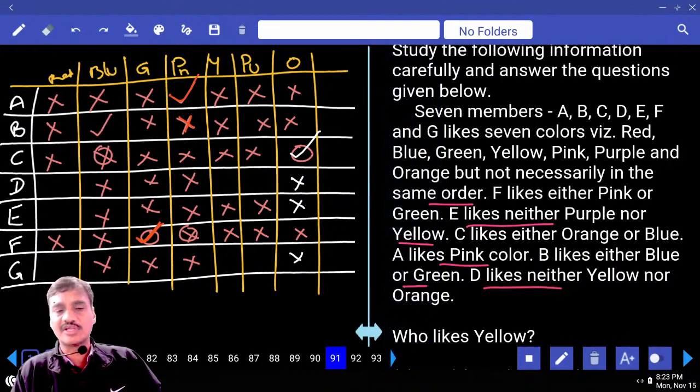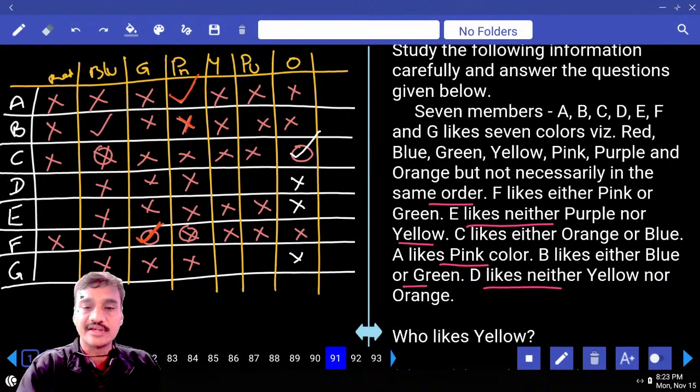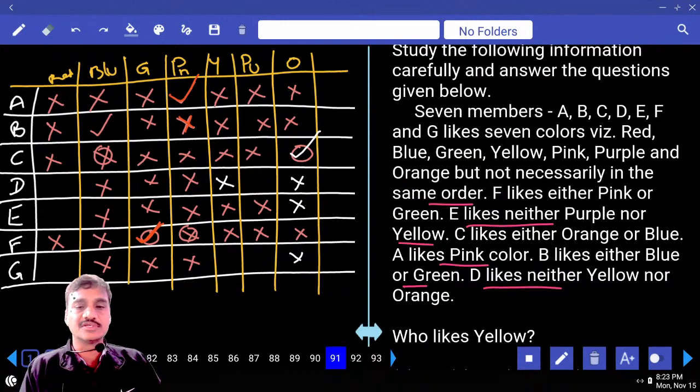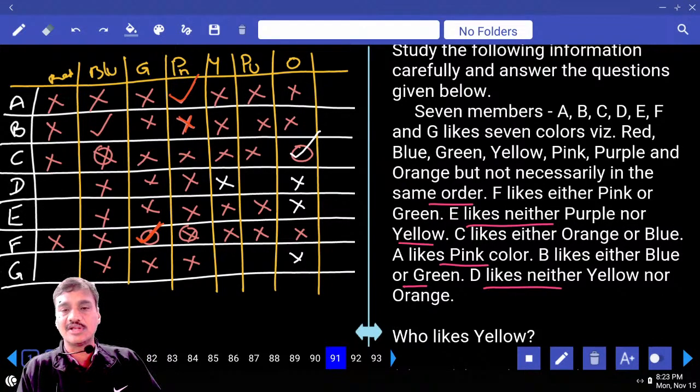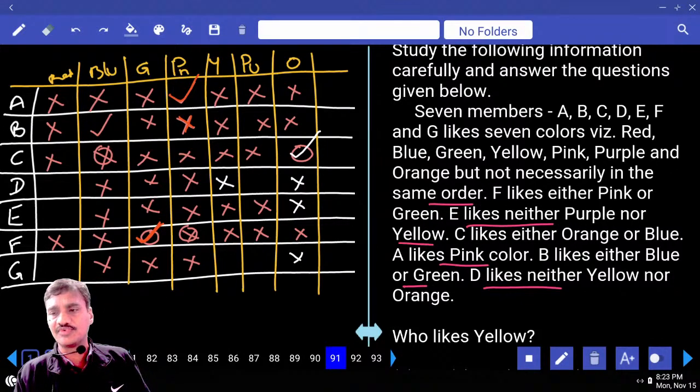And D likes neither yellow nor orange. D neither yellow nor orange అన్నాం. As D likes neither yellow nor orange. Orange కాదు, yellow కాదు. Isn't it? It's neither yellow nor orange color. సరిపోయిందా లేదా ఇన్ఫర్మేషన్? Now with the help of this information, F likes either pink or